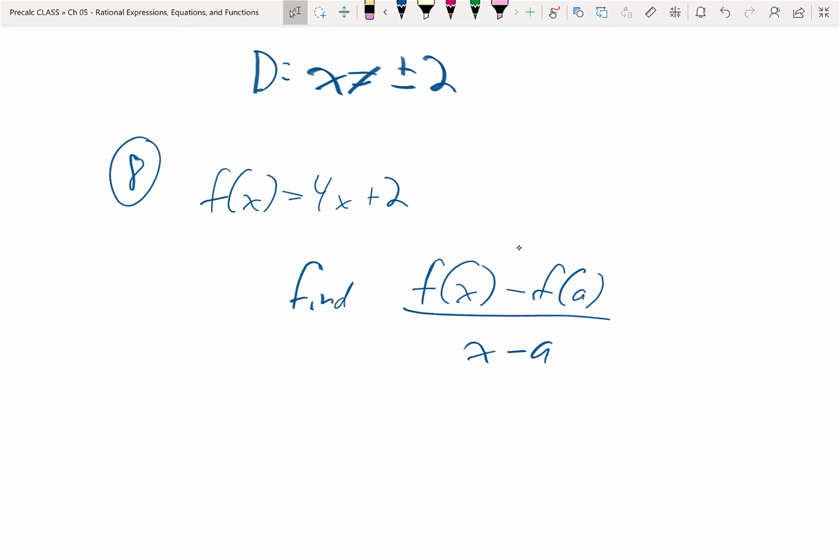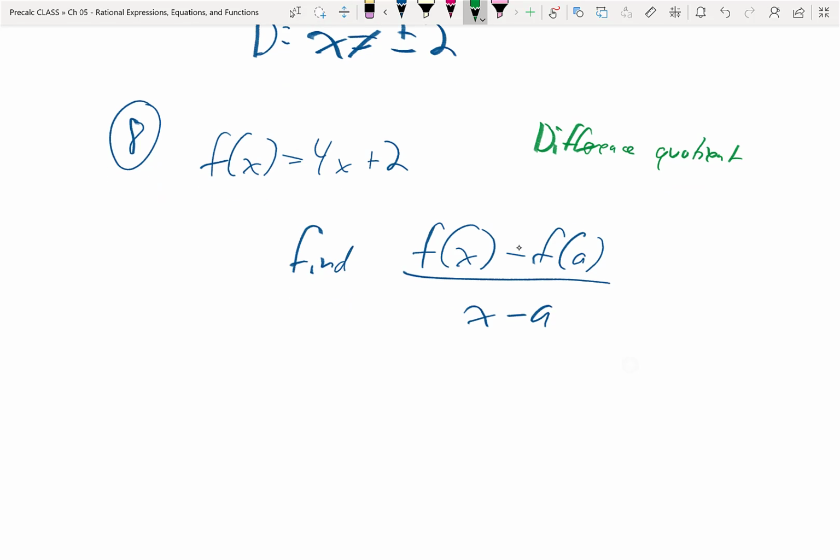This last one that we're going to do has a special name. It's called a difference quotient. It's an operation done a lot in calculus, and being a pre-calculus class, that's why it's being introduced now. In this problem, f of x is equal to 4x plus 2. So if I'm finding that, I'm going to do a 4x plus 2 minus, what's f of a equal to? If f of x is 4x plus 2, then f of a is 4a plus 2